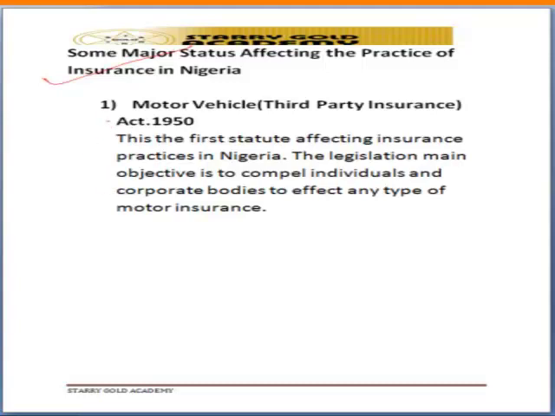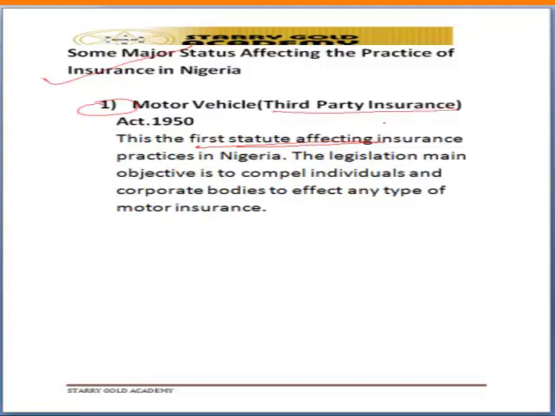Number one is called the Motor Vehicle Third Party Insurance Act of 1950. This is the first statute affecting insurance practice in Nigeria. The main objective is to compel individuals and corporate bodies to effect any type of motor insurance. As long as you are a vehicle owner, you must have at least a minimum of third-party